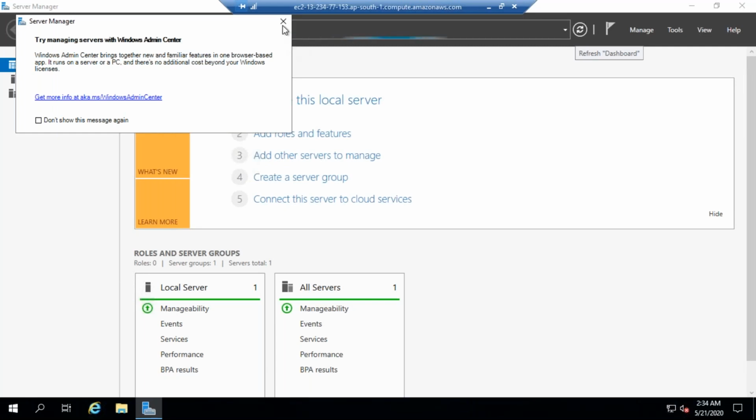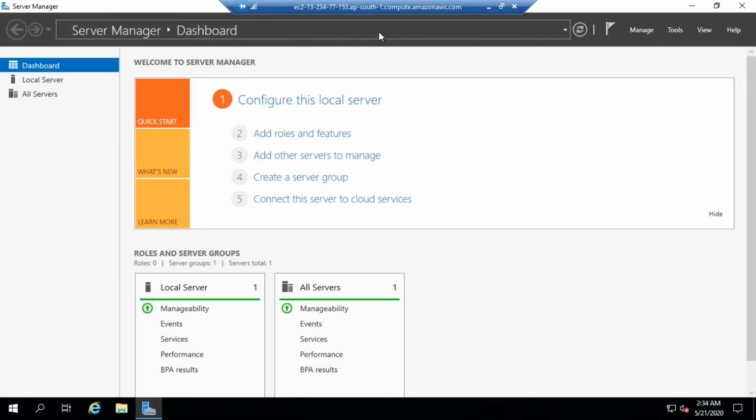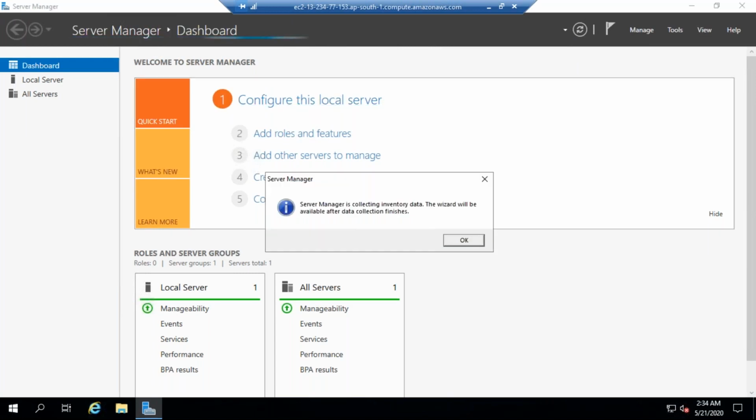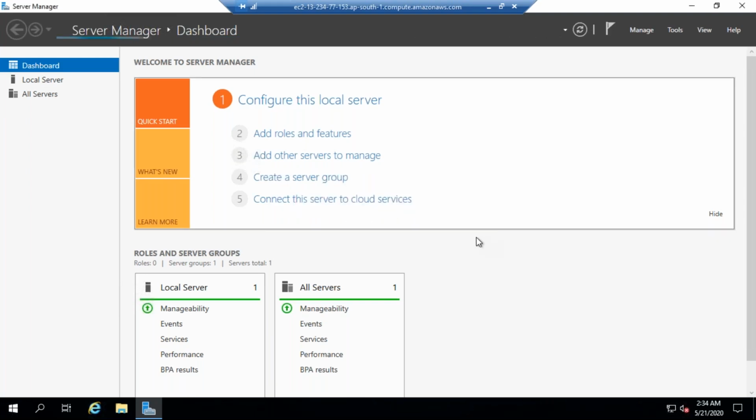Okay, so now see here there is a refresh happening, right? That is done. So now click on add roles and features. Server manager is collecting inventory data. The widget will be available after data collection finishes. Okay, some information it is collecting.